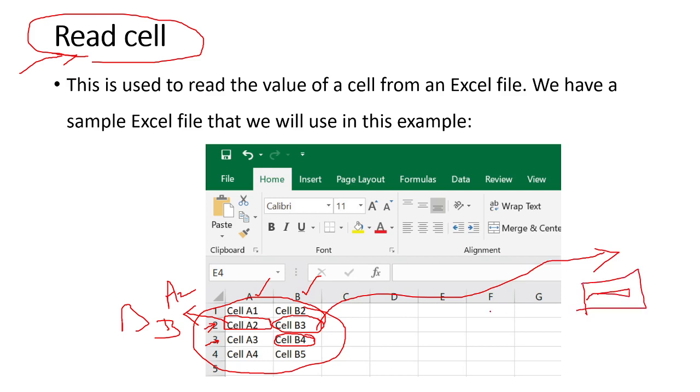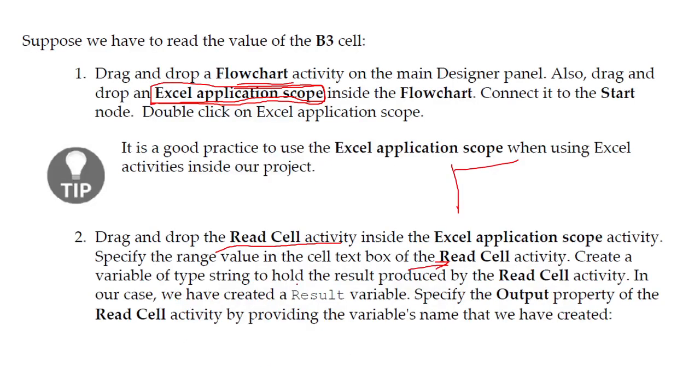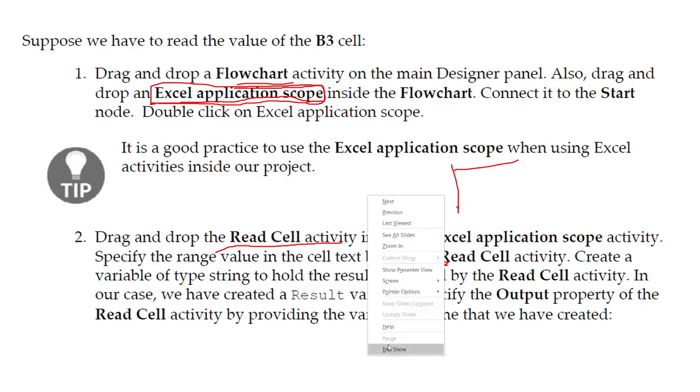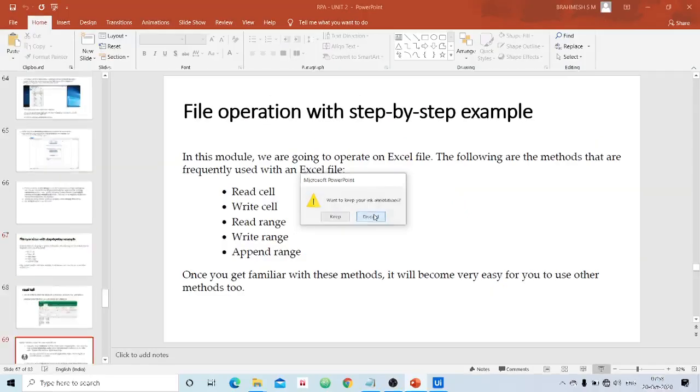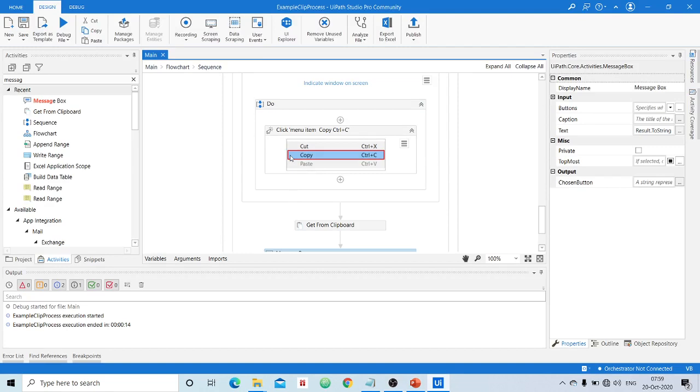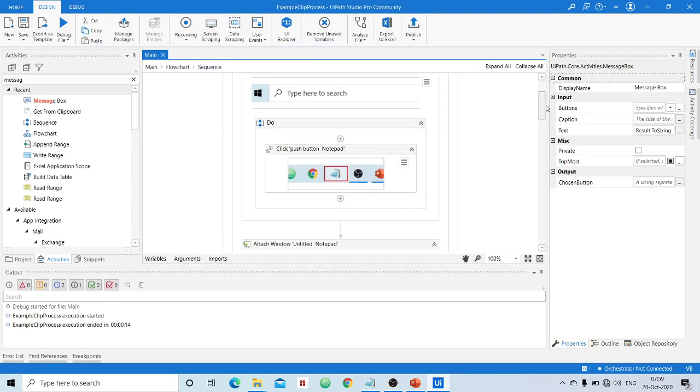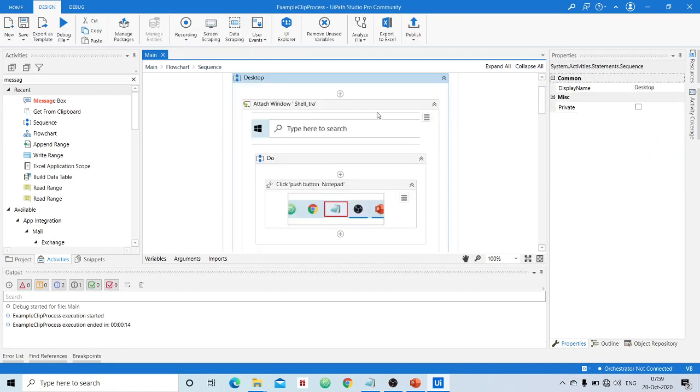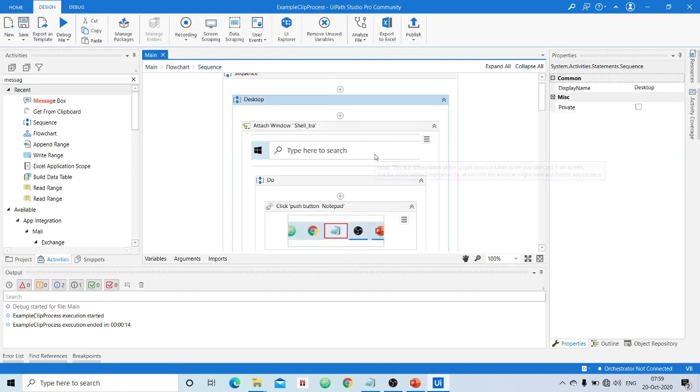These are the steps, so I recommend you follow the instructions given by me in this video.